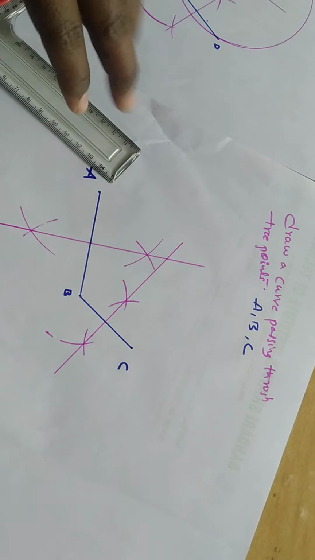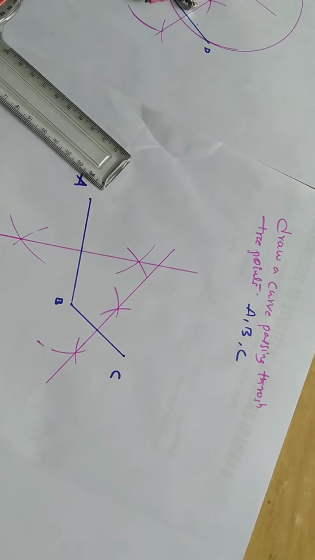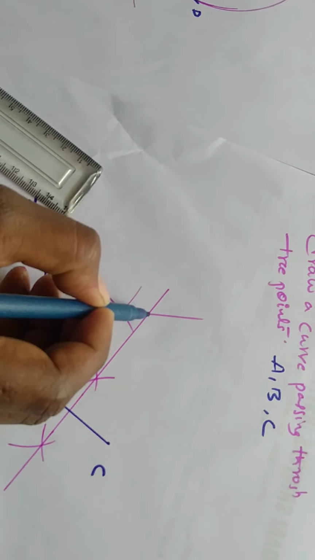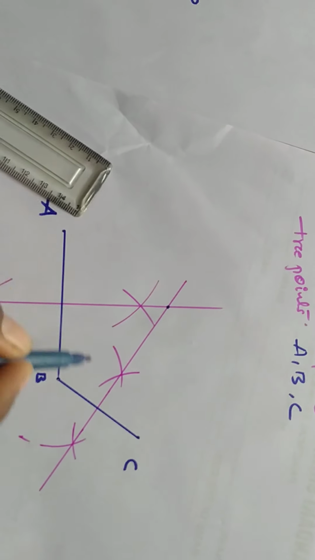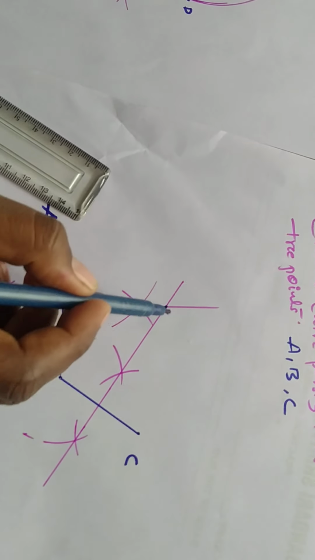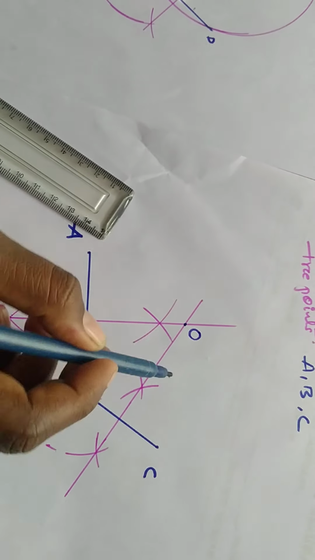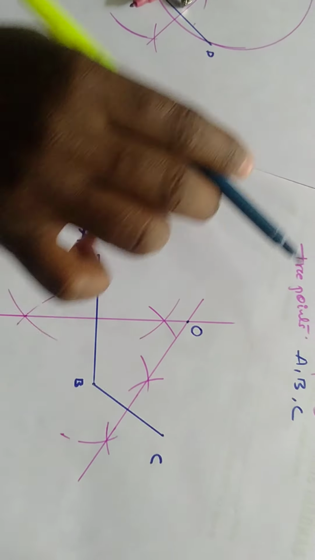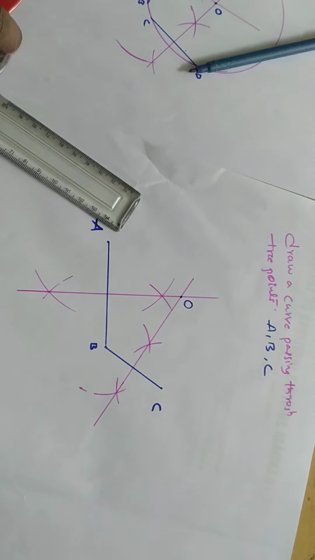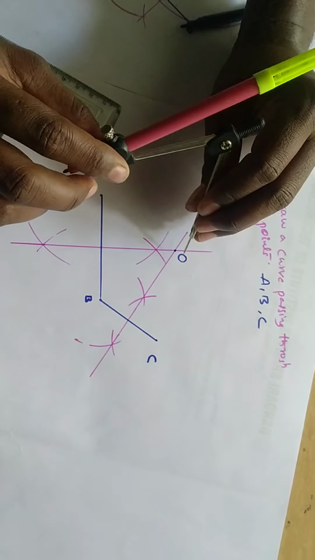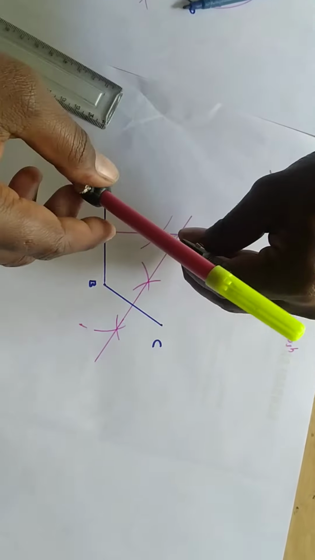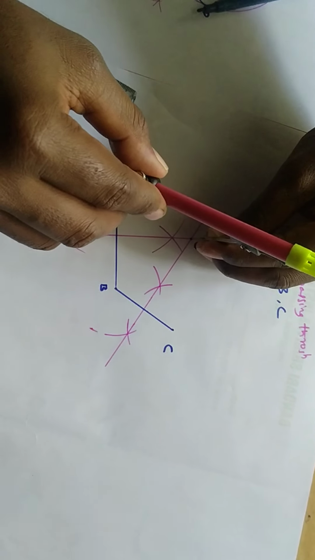Next, the intersection point of both bisecting lines is the center point of the curve. Name it as O. Again, from O as the center,